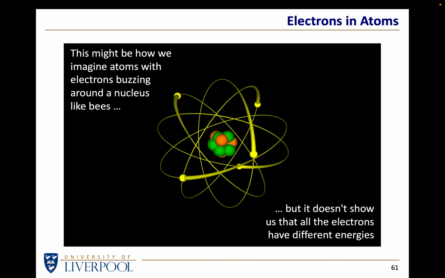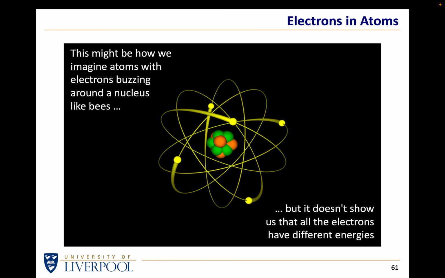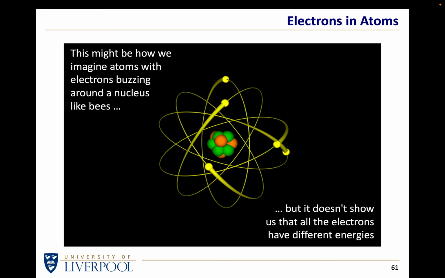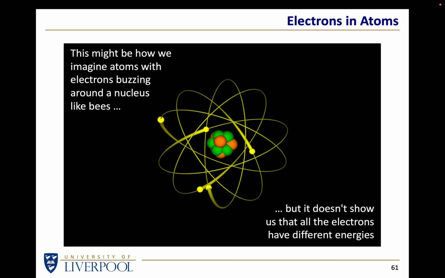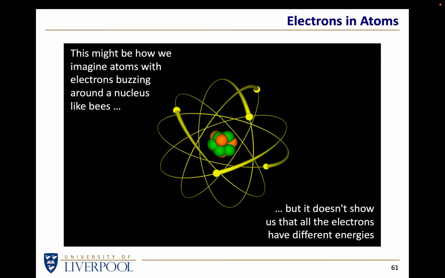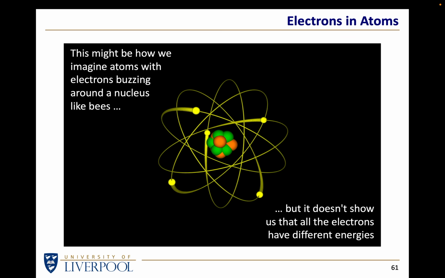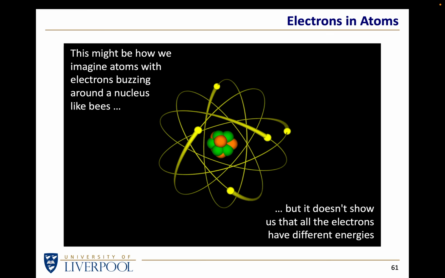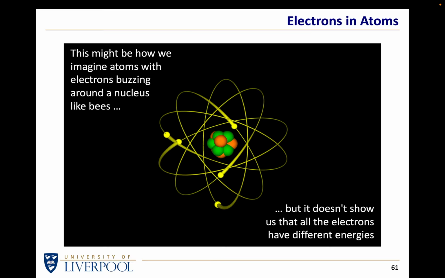Let's remind ourselves what atoms are. Well, that's not an atom. It's not a very good diagram, but it will do. It's got a nucleus. Every atom has got a nucleus and a whole load of electrons buzzing around the nucleus like bees. But one of the reasons that this is not a very good diagram for us thinking about how atoms actually work and what's going on inside an